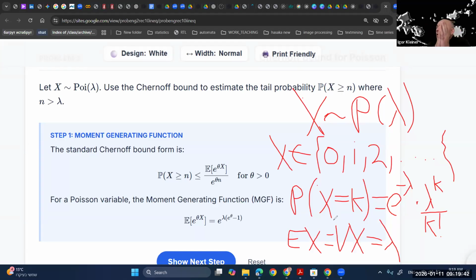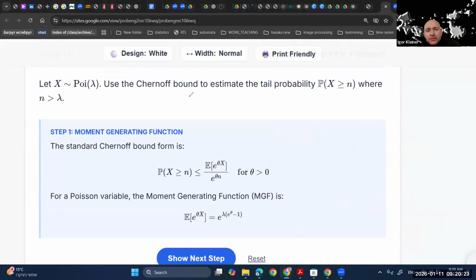Poisson processes are a very important family of stochastic processes. They are very useful. In nature, many processes behave approximately as Poisson, so it's a very important random variable. Now our goal is to find an upper bound for the probability that a Poisson random variable is greater than or equal to n. We will use the Chernoff bound, the Chernoff inequality. It's a calculus question. We need to define some function and find its minimum.